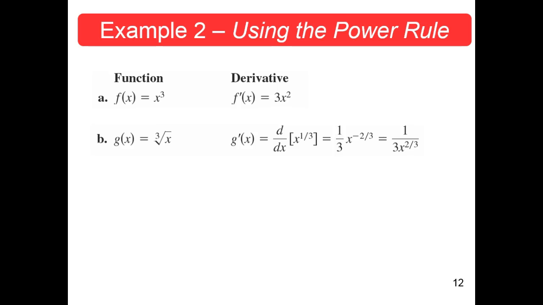What would that one be? And again, what's my little rule? Never do it in radical form. Write it in power notation. What would g of x be? G of x would be x to the 1/3, right? And that's the first thing you do. Then you do 1/3 of 1, which is 1/3 x to the